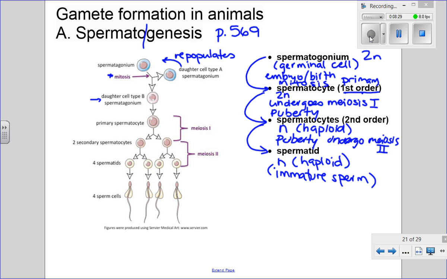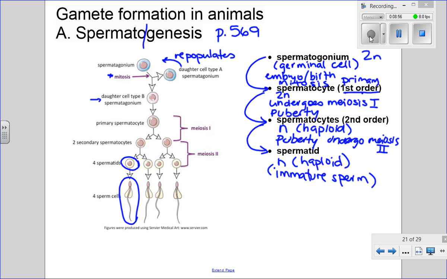And at this point in the course, I don't need for you to know specifically how they get from spermatid to mature sperm. That'll be for another chapter. But just notice the difference. A spermatid still looks round, whereas an actual sperm cell is long. It has a distinct head, middle, tail. And that's required for fertilization to actually take place.